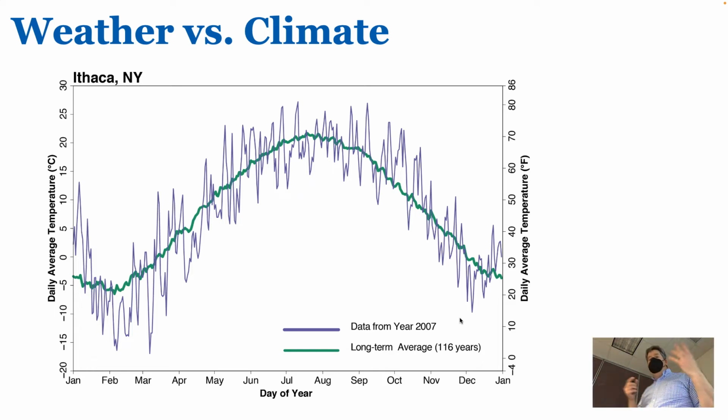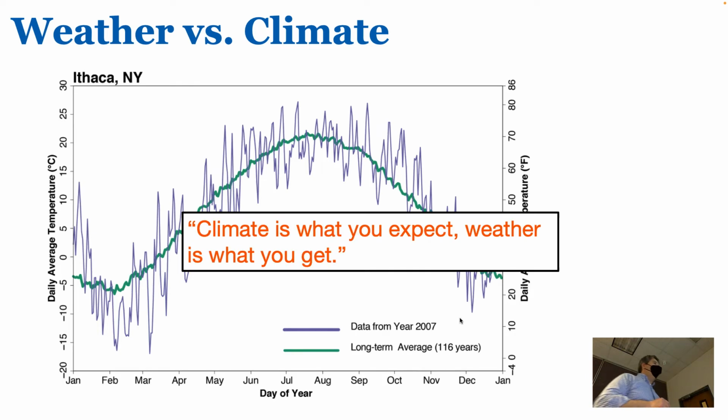Now, how do we distinguish these two? I like this quote: climate is what you expect. So we expect here in April that the temperatures will be in the 60s during the day and the 40s at night. Unfortunately, it hasn't met that. Weather is what you get. And there are other things that impact weather, but the main driver of climate in our overall Earth's climate is